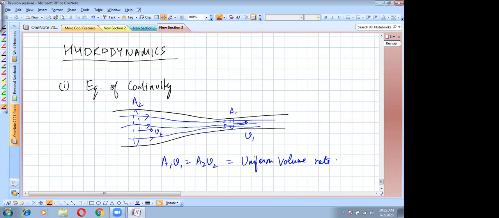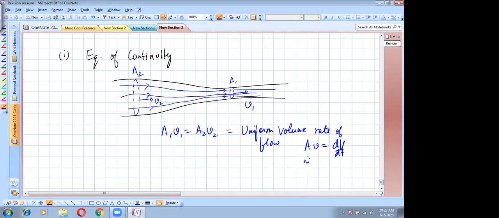You can see that area into velocity, for example, if area is in meter square and velocity is in meter per second, this is a volume rate in meter cube per second. So basically what equation of continuity tells us is that in steady flow,